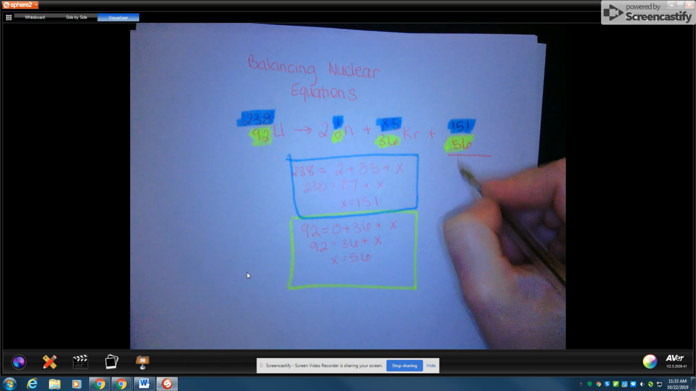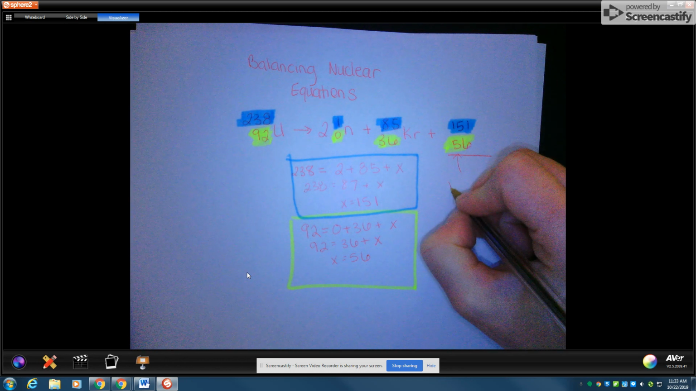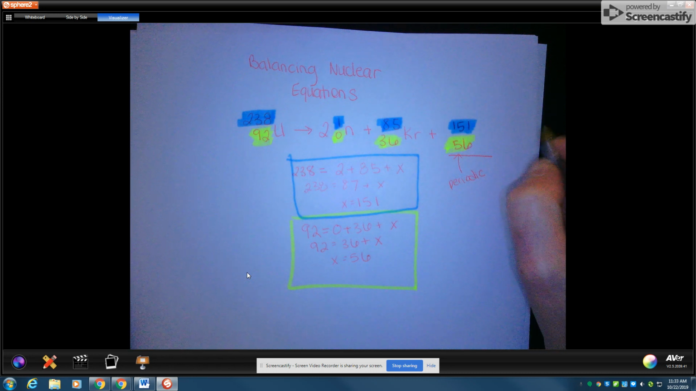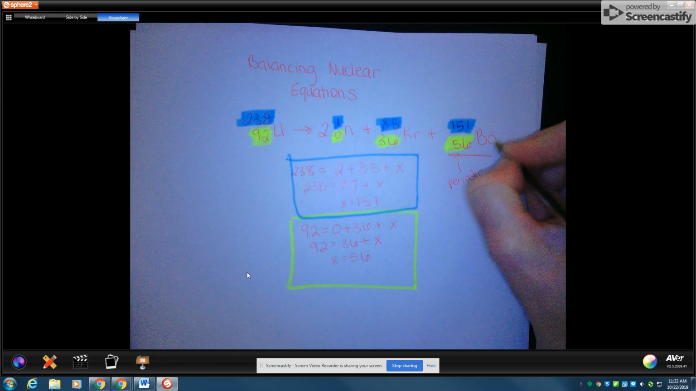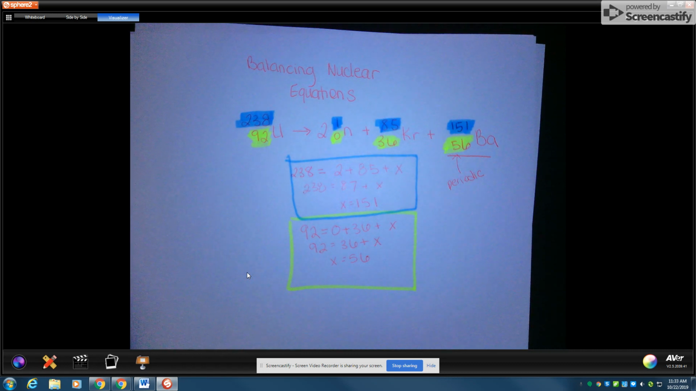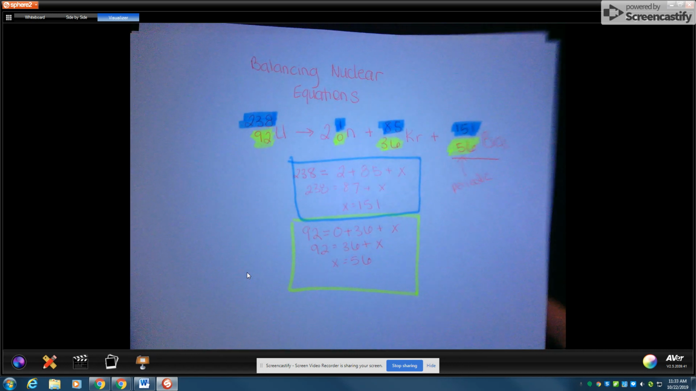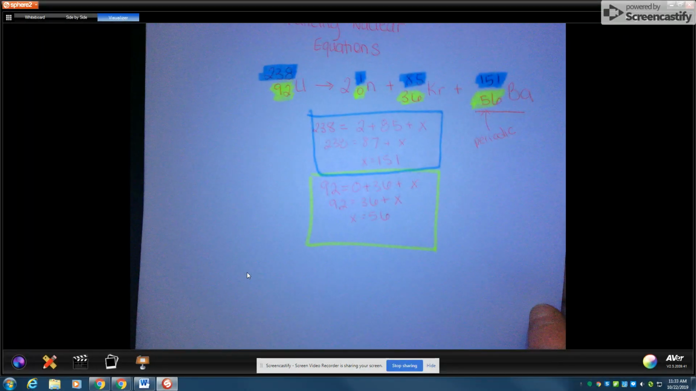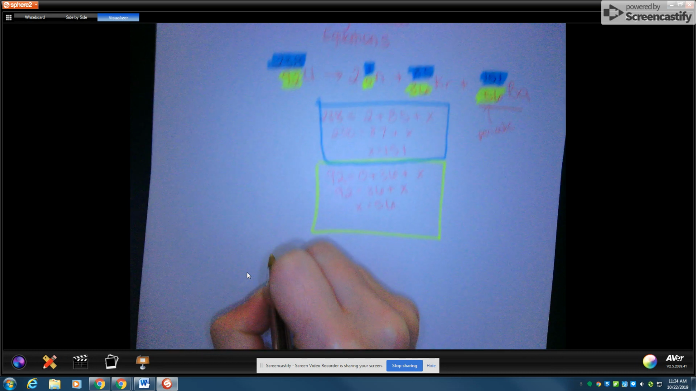And then you take this number right here and you look at the periodic table and you identify that this element is barium, Ba. So that's how you balance a nuclear equation. Now, how to write a nuclear equation. Actually, let's do one more balance. Let's say that you had something like